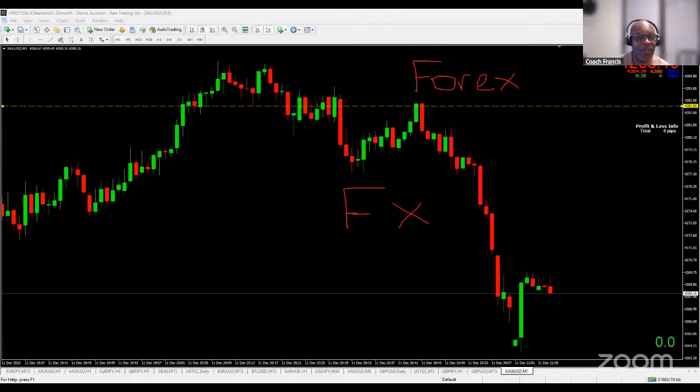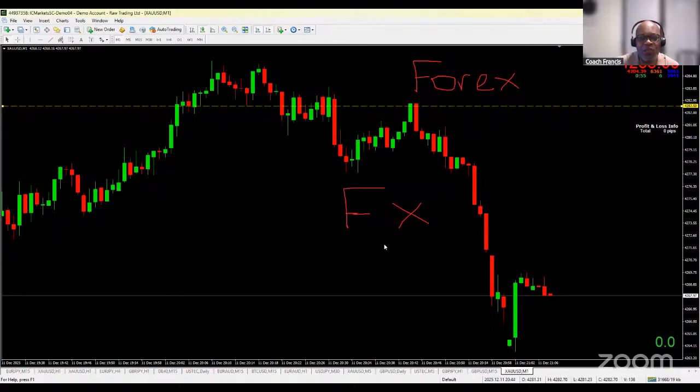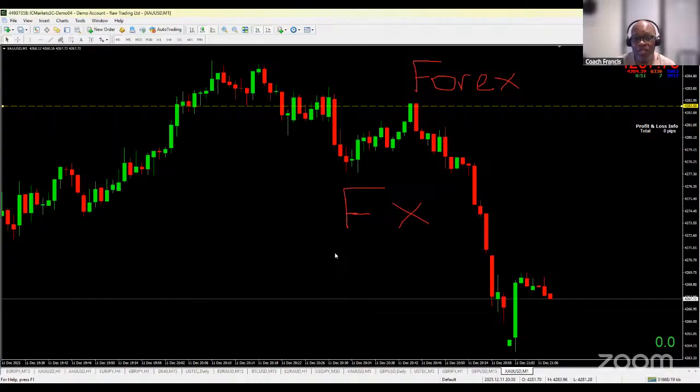So basically when it comes to Forex, you find that a number of participants are there in the market, but you have to know how to trade it like any other business, any other enterprise. You need to know how it works before you can actually profit from it. That's basically what it is. And even as we see here, let's dive right into it.